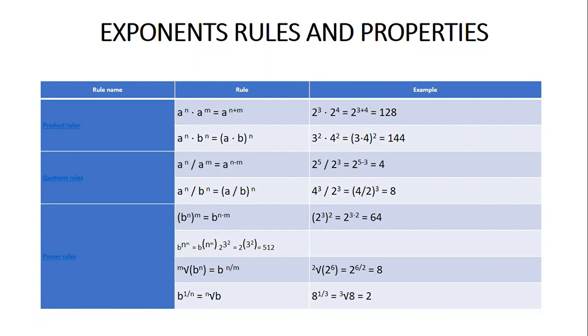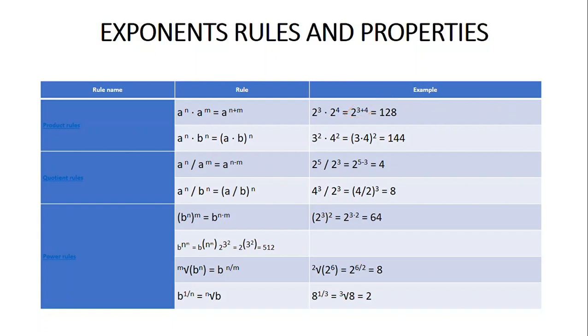Then in this case we have to keep the same base and add the exponents. Example, 2 cubed times 2 to the fourth power. Keep the same base, in this case 2, and add the exponents. 3 plus 4. 3 plus 4 is 7, then